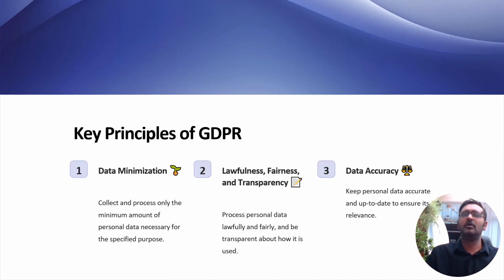Okay, so what are the key principles of GDPR? First and foremost, data minimization. So the objective of data minimization is to collect and process the minimum amount of personal data necessary for a specific purpose. So an organization can benefit from this by having the minimum amount of data. It means less data that they are liable for later on. So they've got a small amount of data, they use it for a specific purpose, and then ideally they should